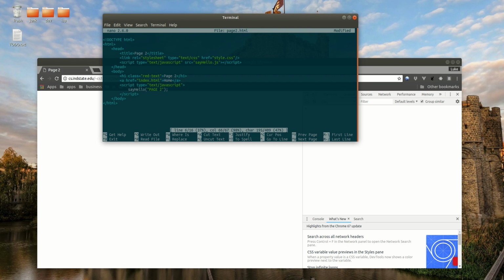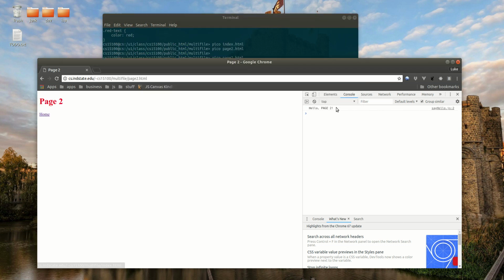Alright, now that's a great example of why you need to test as soon as you save your file. Don't write a whole lot of code before you test. If you write a whole lot of code and then it breaks like this, you don't know what went wrong. We only changed one small thing here. We added this script tag and we added this, so we know it had to be somewhere in the areas that we changed, right? So it's really important to test for every small change you make. So we save page 2,